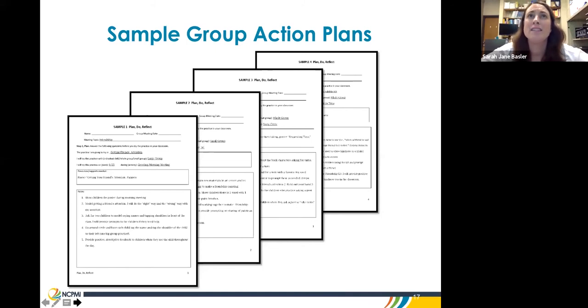What we found was that it really maximized the efficiency of group and helped everyone leave with a plan, because we only had 10 minutes for action planning, and action planning can be tricky to do in general, and to only have 10 minutes makes it even trickier. So we shifted to provide those samples.